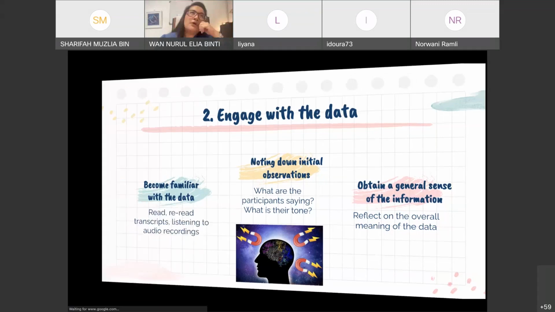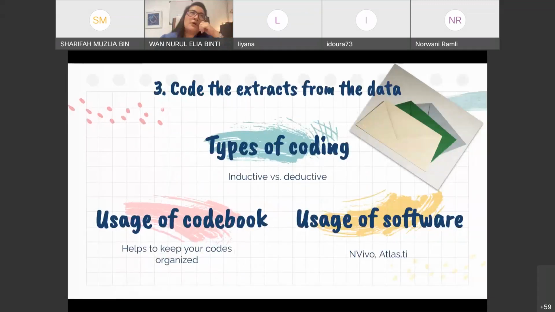All right? Okay. Now, next, the most important step. This is the most important step in a qualitative data analysis. The third one is coding the extracts from the data. So remember, you have maybe a whole, let's say it's an interview transcription. All right. So once you have gotten maybe 3 or 4 pages of interview transcript from one participant, you have read, you have noted down, and so on. Now you begin coding. Right.